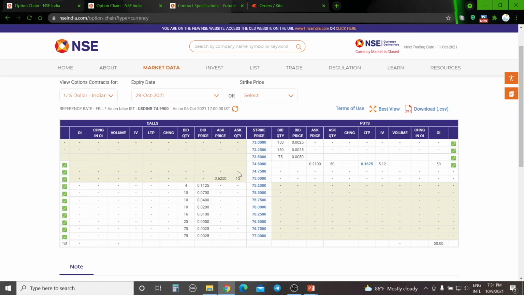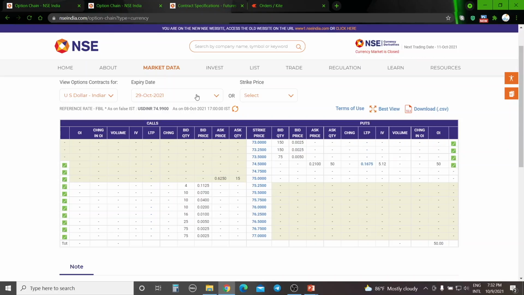Forget about doing any calendar spread on currencies. It is not possible. It is not viable. If you want to take the next week contract, it is not available. The maximum you can do is the calendar spread on the monthly expiries, or if you still want to do weekly, you can do the monthly expiry and the previous week expiry. You can take the current week and go and buy the monthly one. That is possible. But otherwise, like Nifty, where we are doing the weekly calendar, that is not possible here.